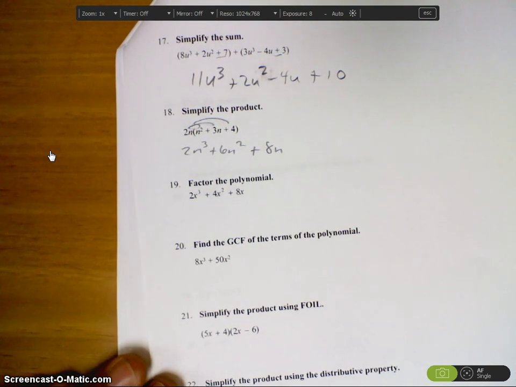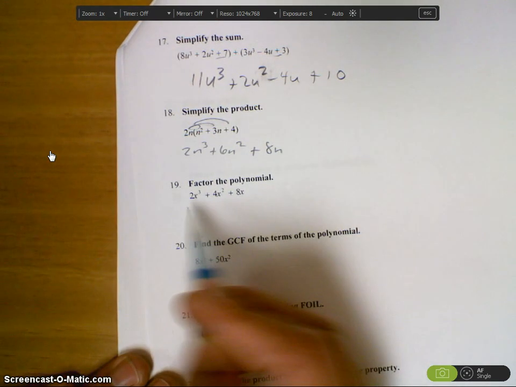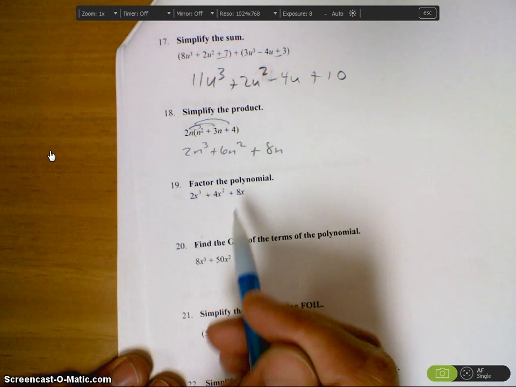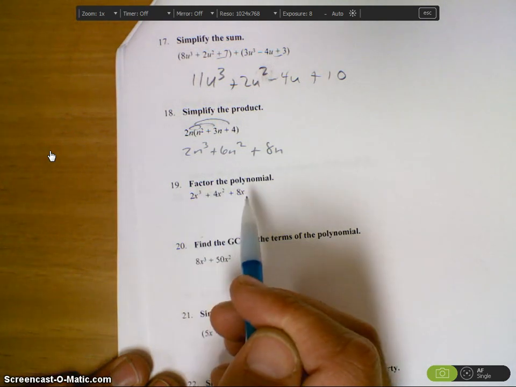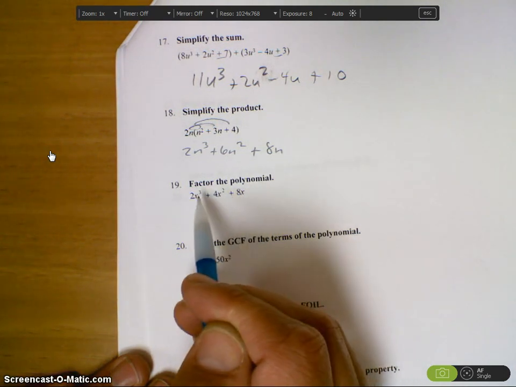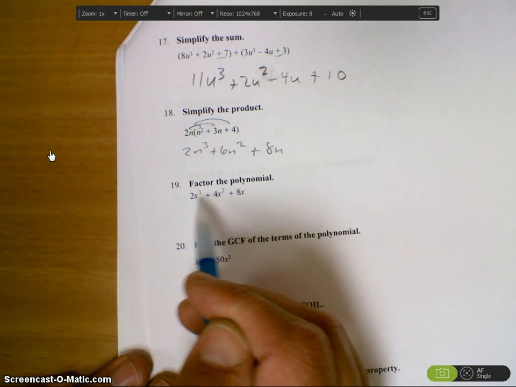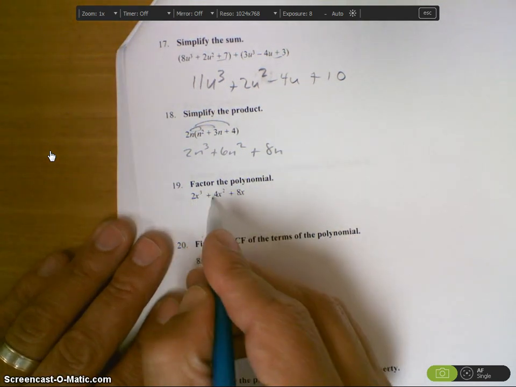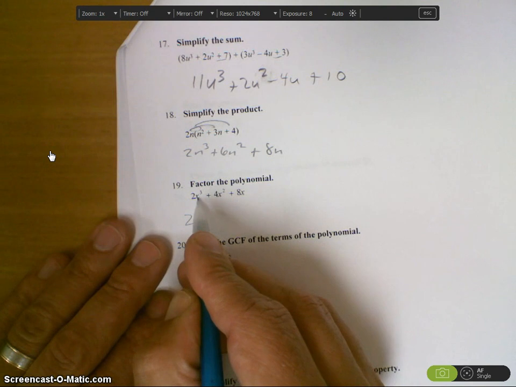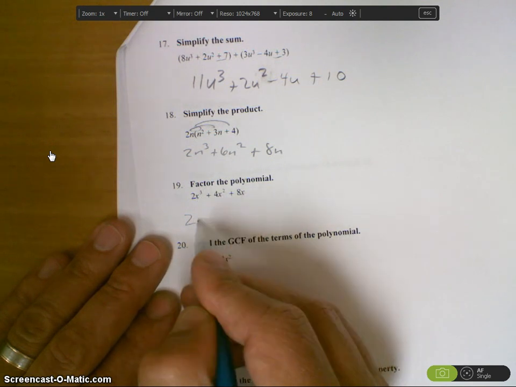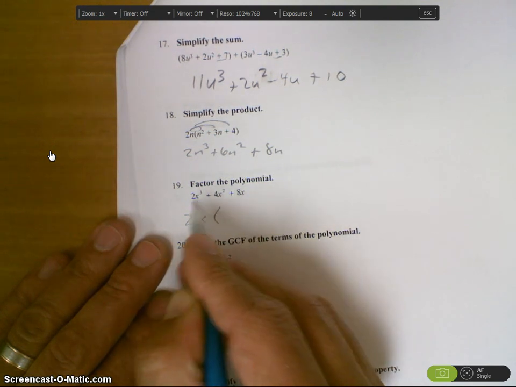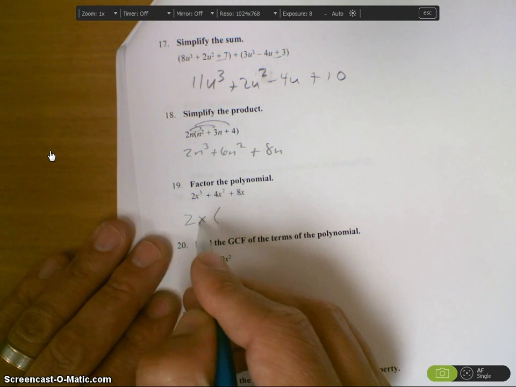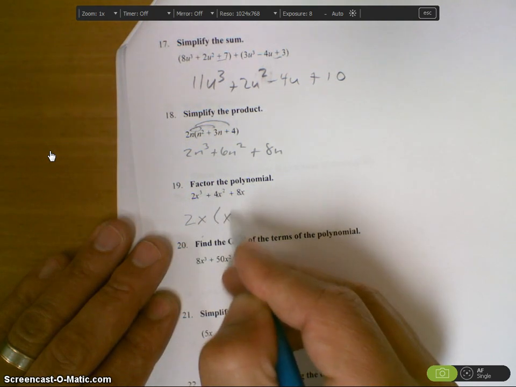Factoring the polynomial, one of the hints that this is probably just a GCF problem is that there is an x on the end and it's a cube, not a squared, so this is not going to be like an undoing FOIL type problem. We're just going to take out what we can. 2, 4, and 8 have a GCF of 2. X cubed, x squared, and x have a GCF of x, so I'm going to take that out of all of these. And when I take out 2x from 2x cubed, I have x squared